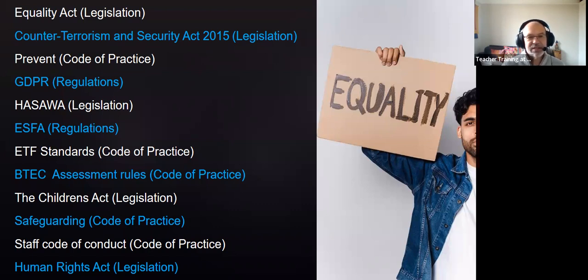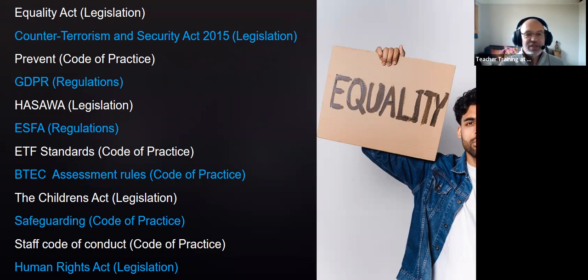Anything that's got the word act behind it is a piece of legislation. So I've put in the Equality Act, which is a piece of legislation, and that affects us as trainers and teachers every day, because we need to make sure that we're including everybody, promoting diversity, ensuring equality of access, supporting those that need support, and providing different levels of support based on need. So the Equality Act, in the background, kind of affects everything we do and everything we say in a training environment pretty much all of the time. So that would be a good one to include.